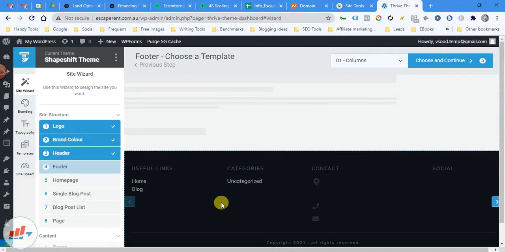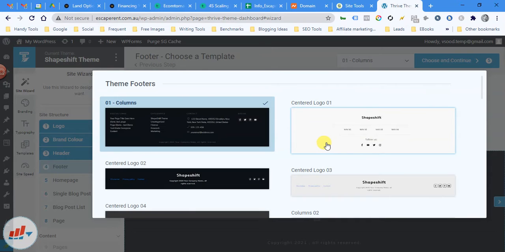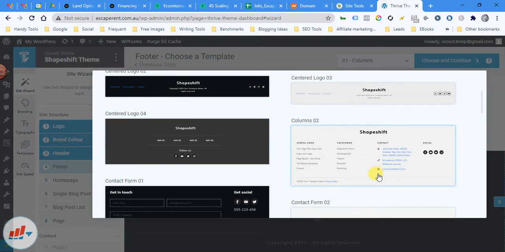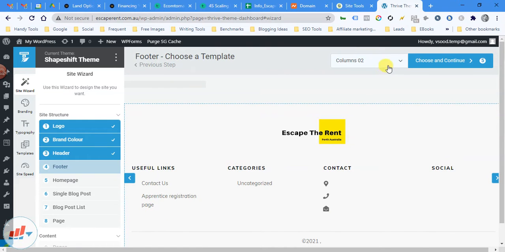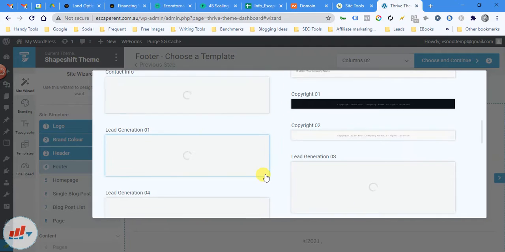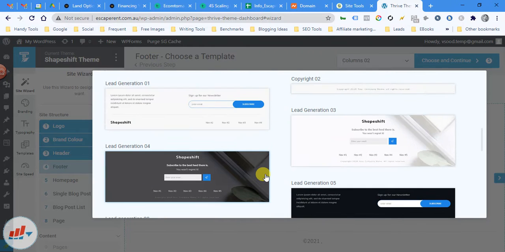And now it's giving us the different footer options. So again, there are different options available here. This is the basic footer, and then we can choose this footer also. Okay, and a dark footer can also be chosen. It depends upon you, what you want to show. It totally depends upon you.